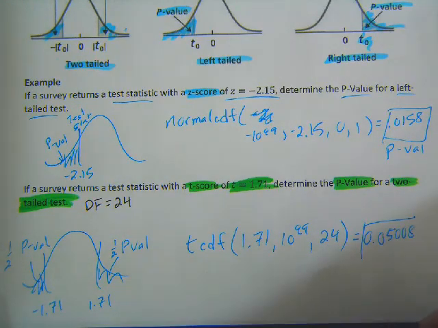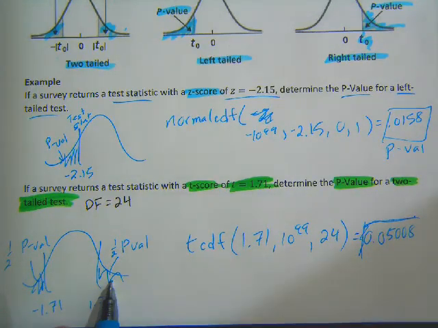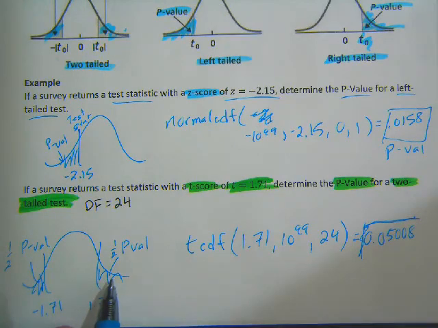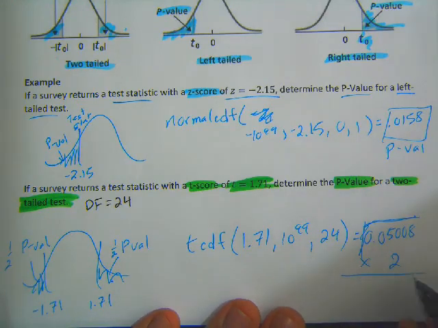Oh, I almost forgot. That was really bad. I shouldn't forget this. So I just talked about that. This is only one tail. So this isn't actually done yet, because in order to get the right test for this one, I have to double it. I can't believe I almost forgot that. So I double this, so it actually becomes 0.100